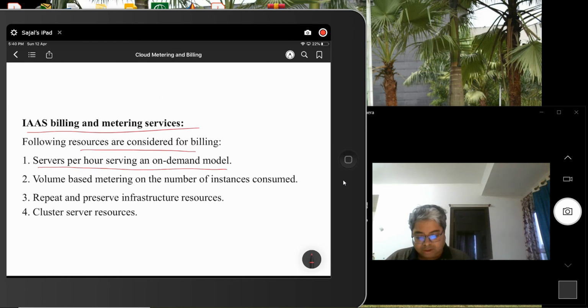That means if you take an infrastructure service on an on-demand basis, billing will be done per hour. Though you will get the bill on a monthly basis, per hour the billing and metering module will check how much resources are being utilized. In some cases, for the compute time consideration, they consider the compute time on a per minute basis. It means that in 1 minute how many computations have been done, though you will get the billing and metering invoices on a monthly basis.